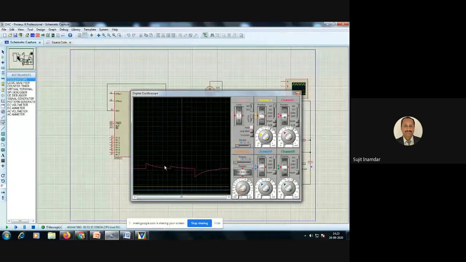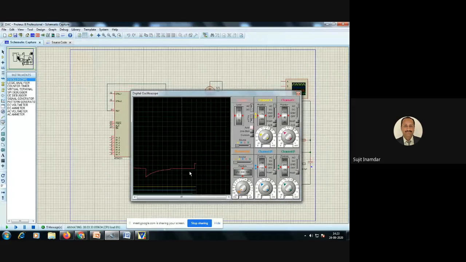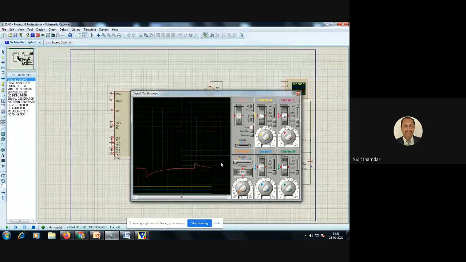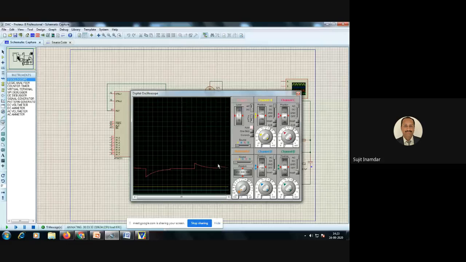Steps are visible from here to here to here, but the top line should look exactly straight, yet it looks exponential, because of the discharging of the capacitor. So which capacitor comes in between, I will check, and in the next session definitely we will work on this. And the next and last point from this unit that we are going to study